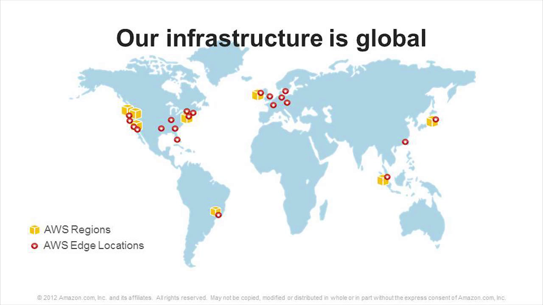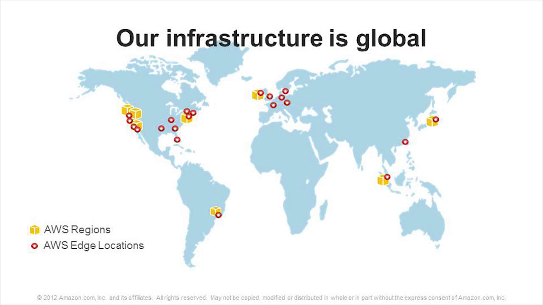I think one of the important things to start when you start to think about disaster recovery is to really know that AWS has a global infrastructure model. We publish a global infrastructure map, and on that map we show you several different important things. We show you in the orange boxes the locations of the AWS regions where we have compute, storage, database, messaging, and so forth. And we also show you the AWS edge locations with those red circles, which indicate the locations of our content distribution and our DNS service edge locations.